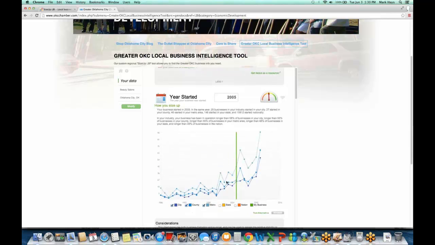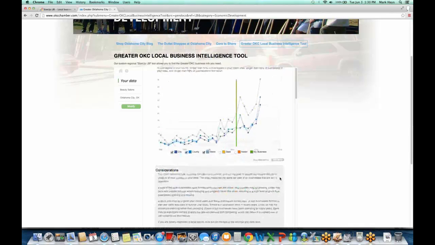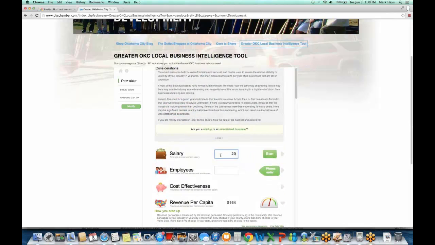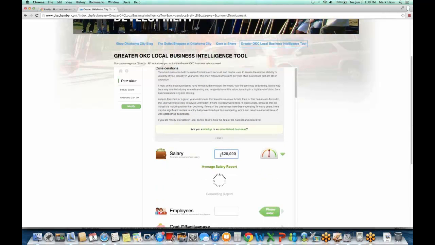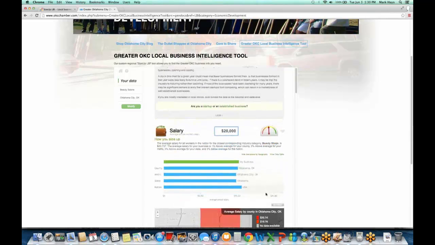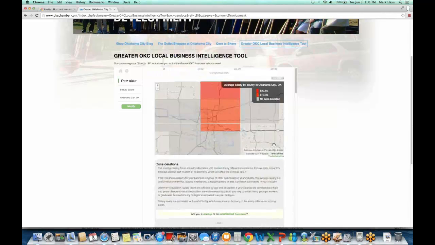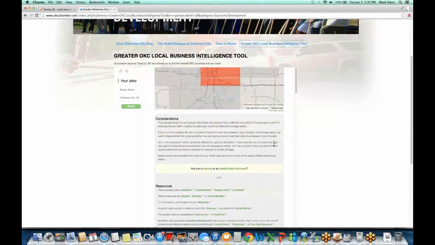It's going to show me that, generally speaking, there are more openings than closings each year. So it is a good idea. But also you need to separate yourself from the competition because there is more competition for a limited amount of consumer dollars. Employee salaries, just type in, make sure you're paying fair wages. So if $20,000 is what I'm paying my employees on average, I'll see here that I'm doing pretty well. Maybe I won't lose employees because of what I'm paying them. Like I said, any industry would like to know what other people are doing, especially their competitors, so that they're remaining fair.